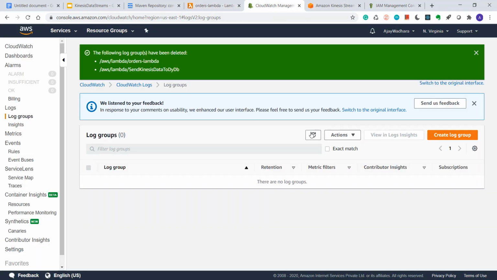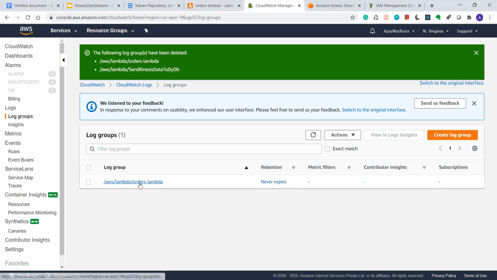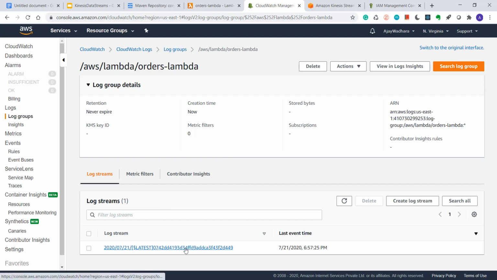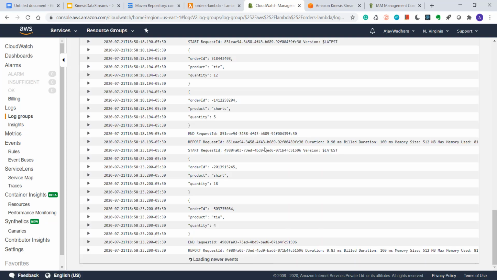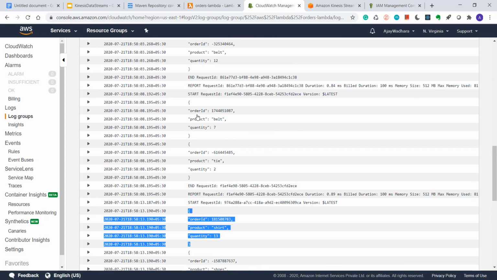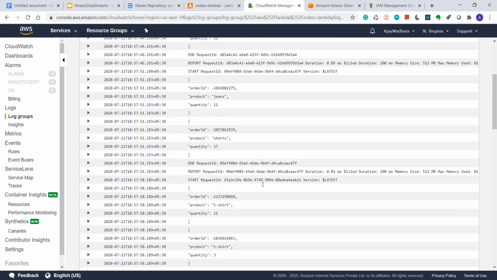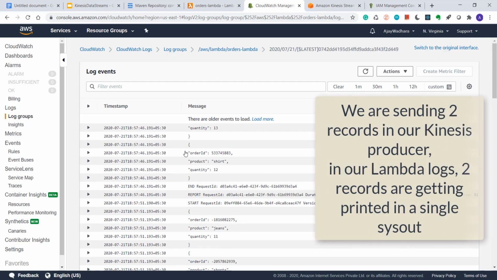In my CloudWatch, I'll refresh to see if there are any logs. Yeah, let's click on this log stream. You can see that our data is being printed here. So we are sending this data to our Kinesis data stream, and now in our Lambda, we are printing all the data which is being sent to Kinesis.